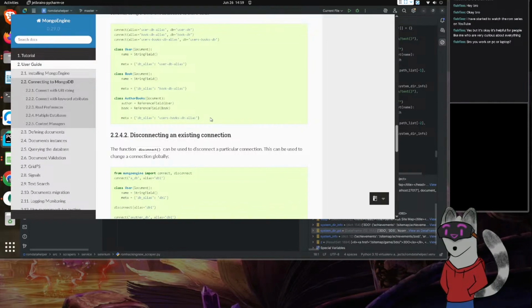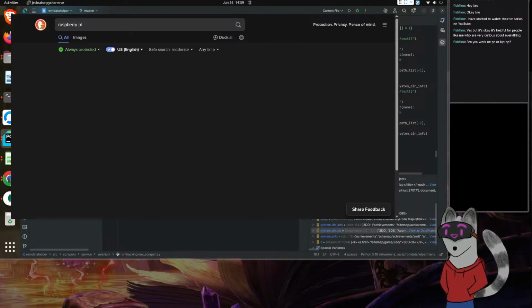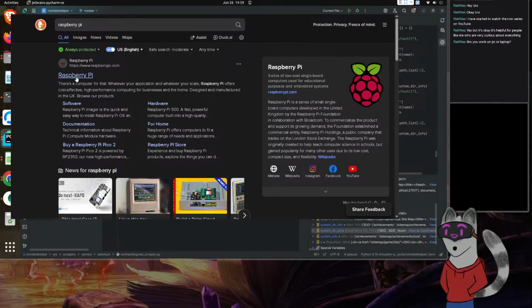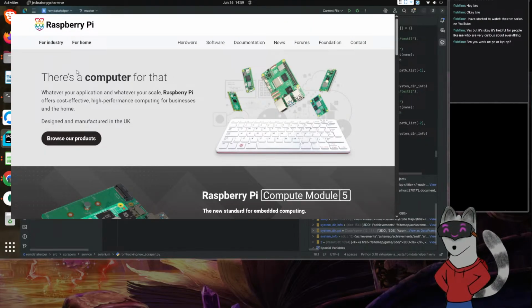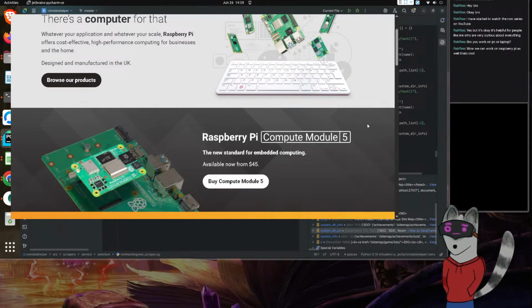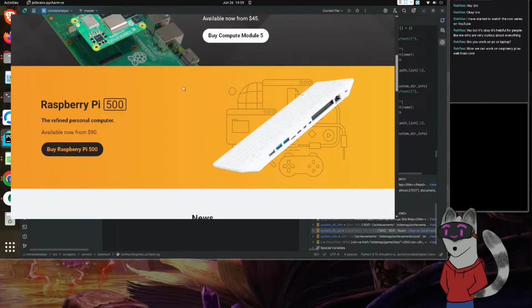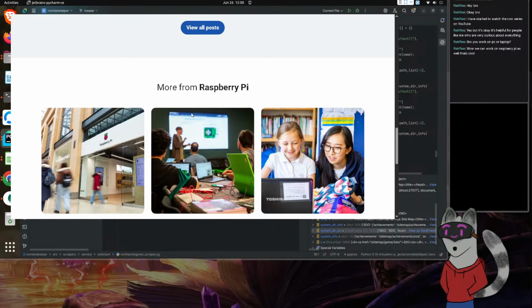Let me show you. So if you type in Raspberry Pi, there are actually a whole bunch of different types of these. This guy, I actually want to eventually switch over to using this thing. I have one. It's a 3. They're now up to the Model 5. Oh my. So they're up to Raspberry Pi 5 now.